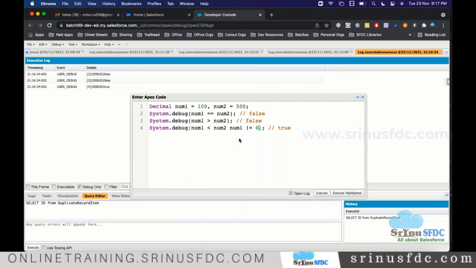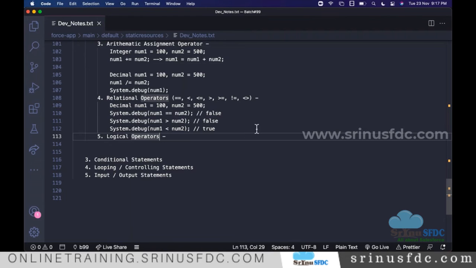Both should be satisfied. This is one condition, and this is one condition. I want to combine both. If both are satisfied, then only the final result should become true. If anything fails out of these 2 conditions, it should become false. So when you have these kinds of situations, to combine multiple relational conditions, we use the logical operators. How you want to combine? With AND, or OR, or not, which is reverse. It's up to us based on the requirement.